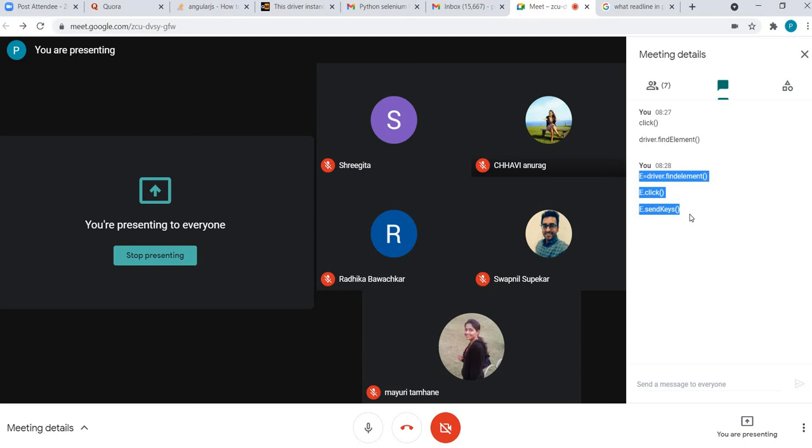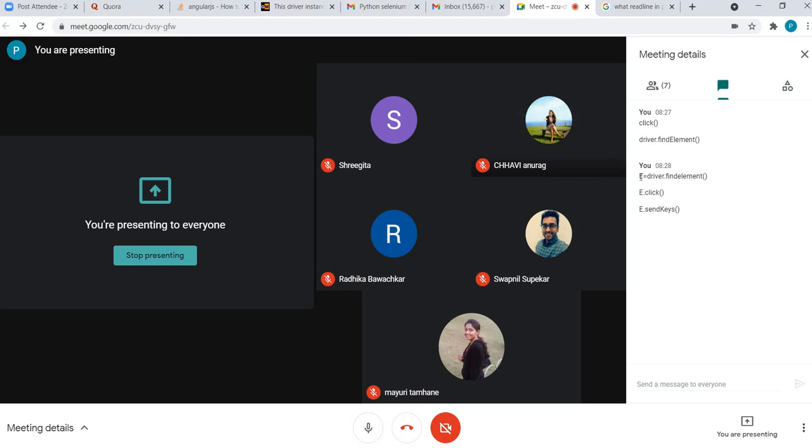Unlikely means which cannot throw stale element exception, and why? Okay, very interesting question. So what is stale element? Stale element means you have found the element which is stored in this E, and then you are using that for clicking, send keys and whatnot. But in between, after you found the element and before you use it, the DOM got refreshed, your page got refreshed somehow because of some operations performed.